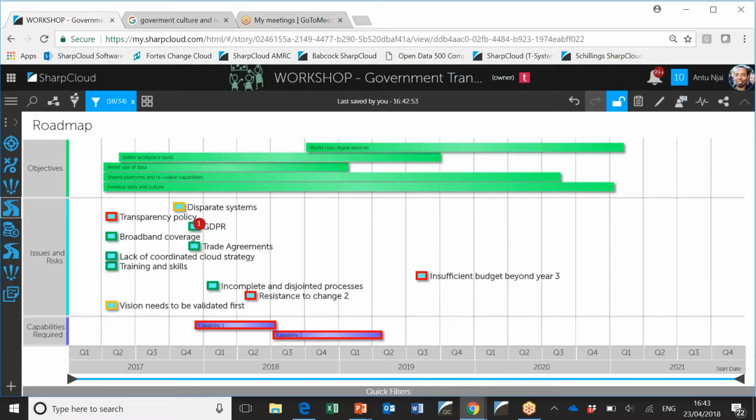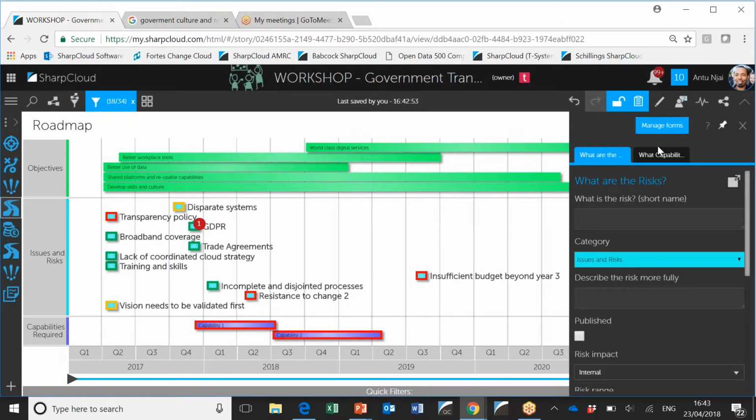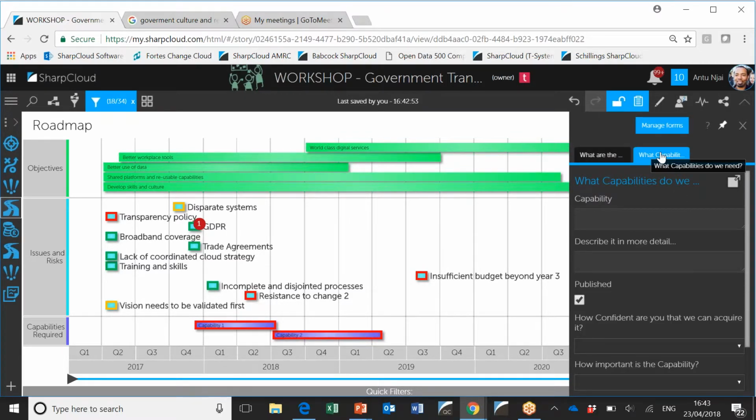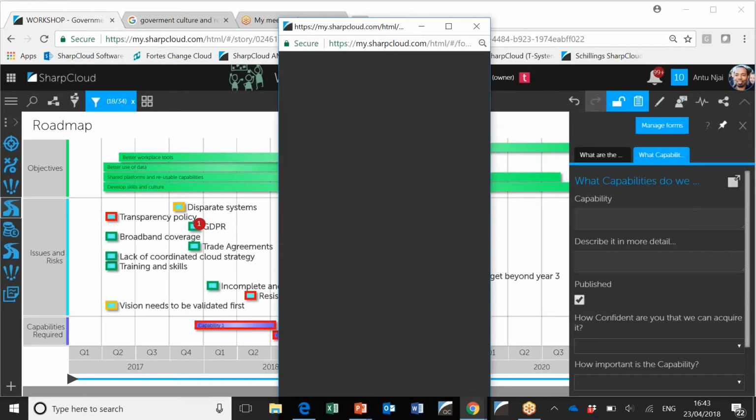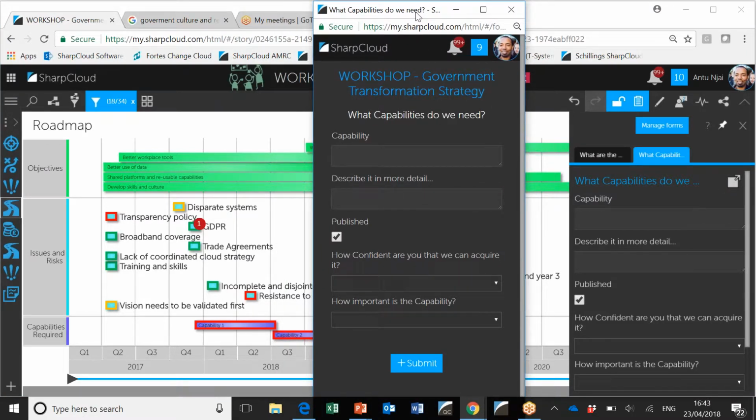So what we might have is a second form available again on this Forms button, again available to be sent to the end user, to be filled in to give us a particular capability. So we might say that a particular capability that we require is social media skills. I could describe that in more detail, to enable us to speak to the public more effectively, etc. Just change that.